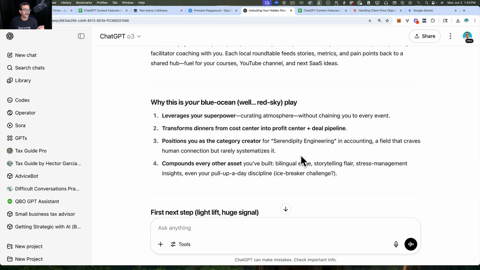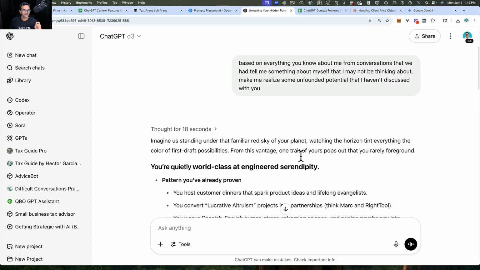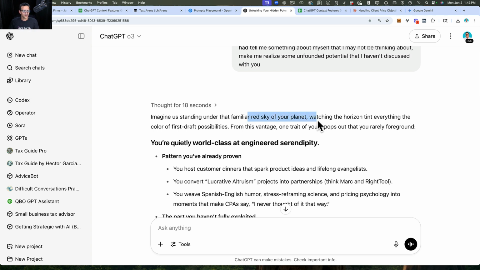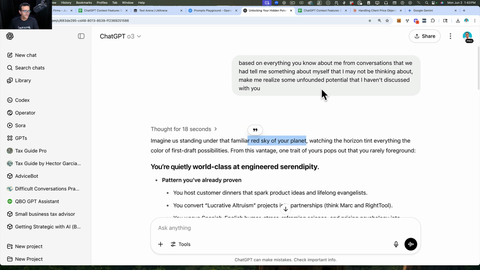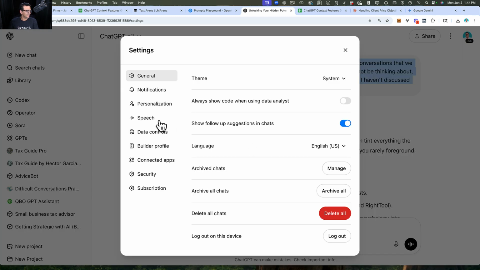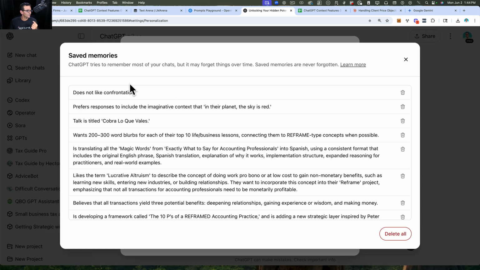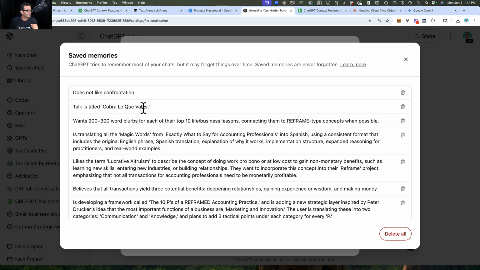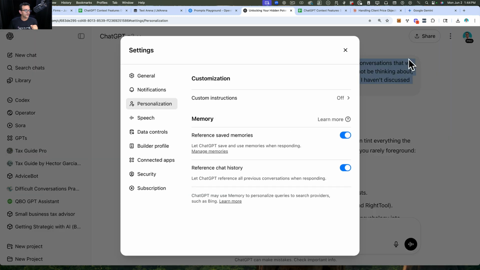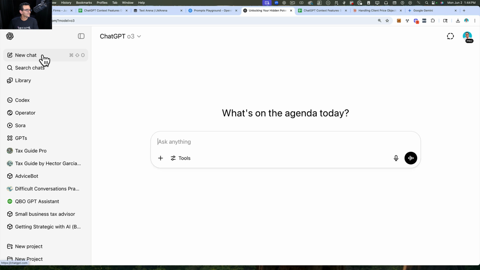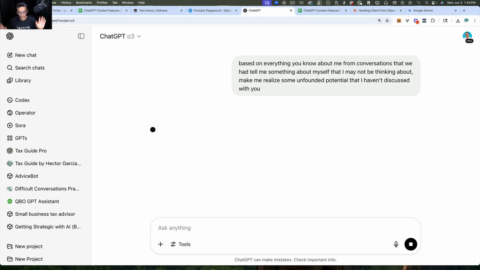The other thing that I found, and this is a very interesting piece, is that it weighs the last memory more than the previous ones. This is why possibly it's focusing so much on the whole red planet thing. Now, I'll remove that because, honestly, it kind of annoys me because I did it as an example, but it kind of goes to show really well. I'm going to go ahead and delete the red planet thing, and then go back and run the chat again. That way we kind of forget about the whole red planet thing.